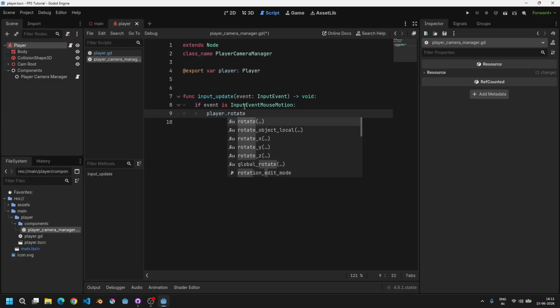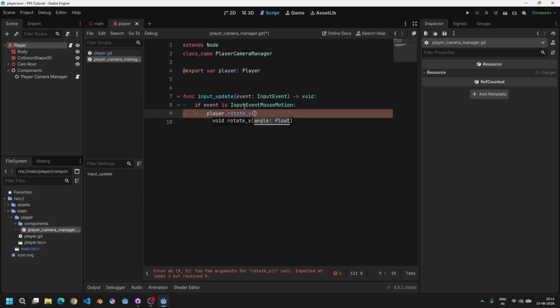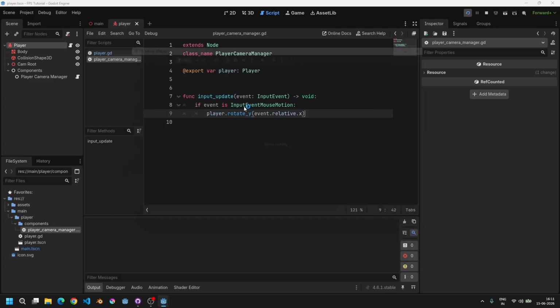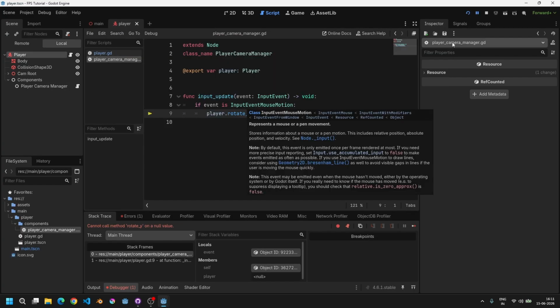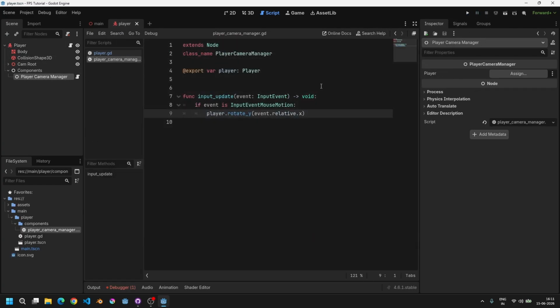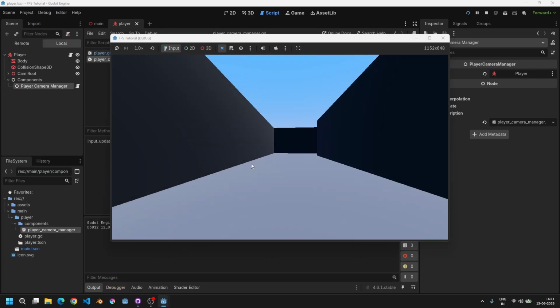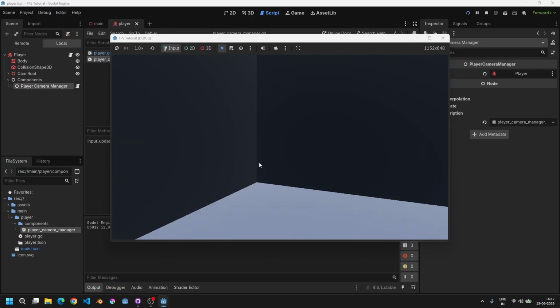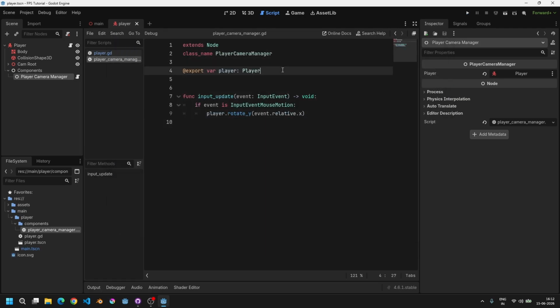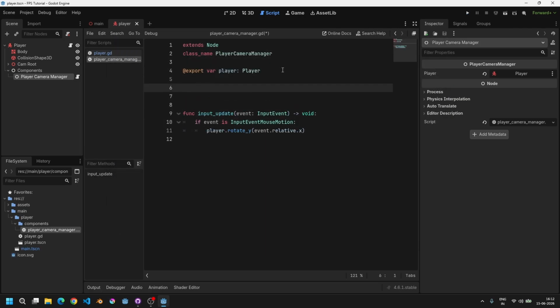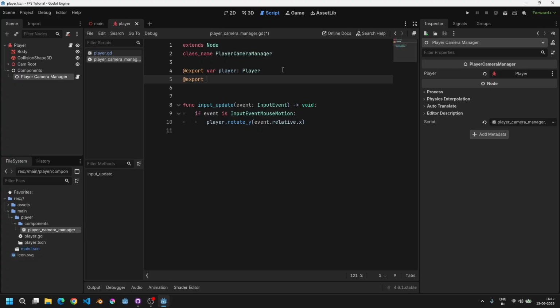So with this done, let's rotate the player first of all. So we are going to say player dot rotate y, and for the angle it's going to be event dot relative dot x. So let's try this out. And of course I forgot to add reference of the player, so let's do that. And now let's see. Okay, so it's working, but the speed is way too much. So for that we can have something like mouse sensitivity,